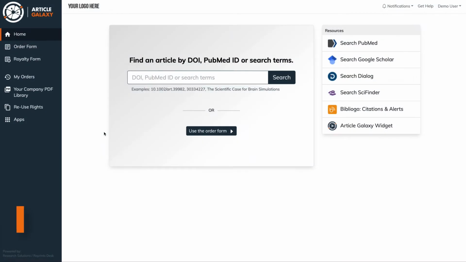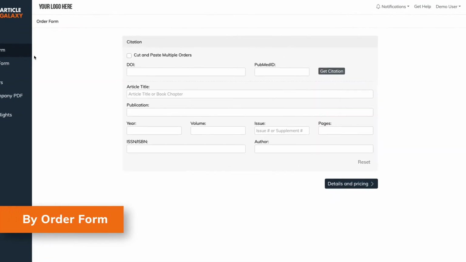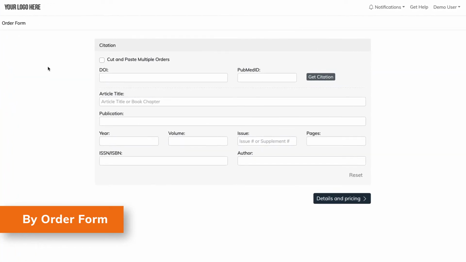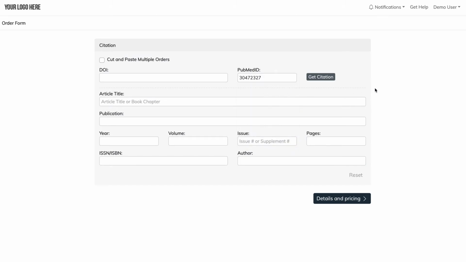Placing orders with the Article Galaxy order form is simple. From the menu, click Order Form, where you'll be taken to the Article Galaxy order form. If you have a DOI or a PubMed ID, enter that information into the field, and the order form will